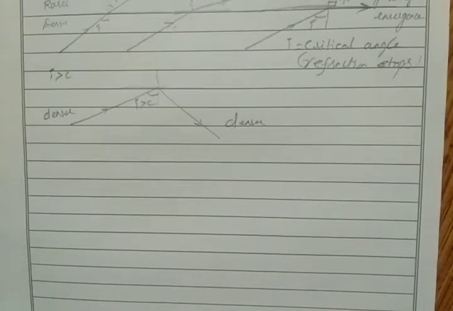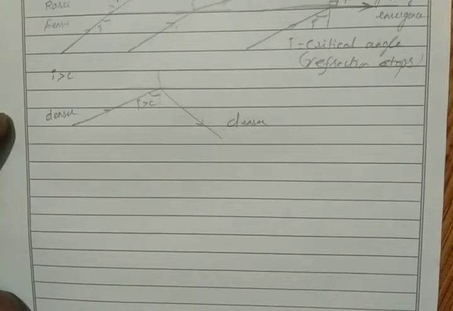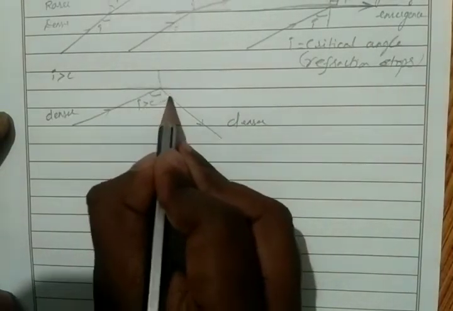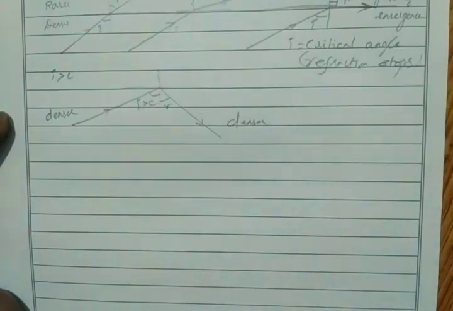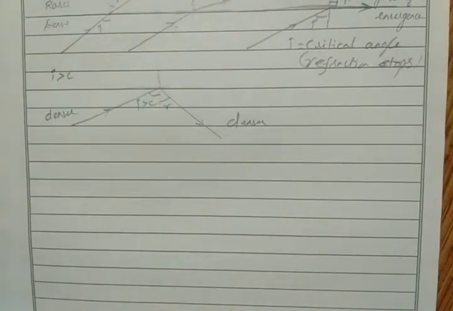Whenever we study reflection, we can apply two laws. First one: incident ray, reflected ray, and normal to the reflecting surface all lie in the same plane. Then what is the second law? Second law of reflection: angle of incidence equals angle of reflection. Correct? So instead of refraction, or instead of grazing along the interface, it moves again to the same medium. It reflects back into the same medium. So this process is known as total internal reflection.